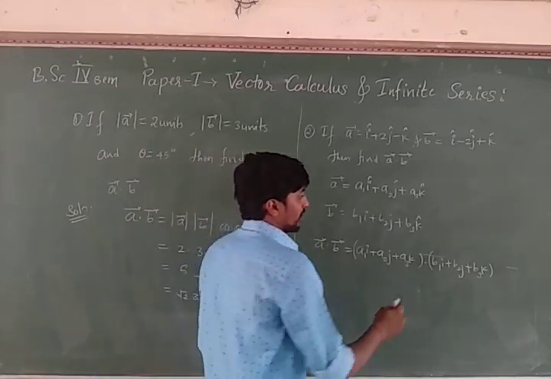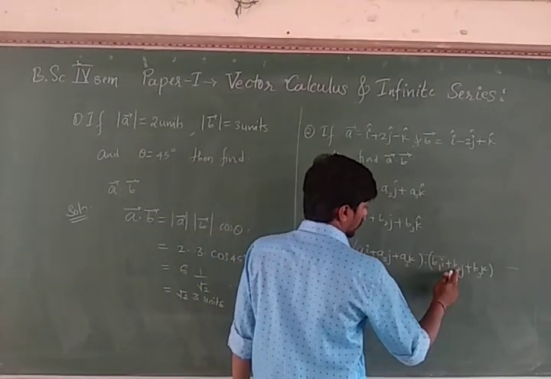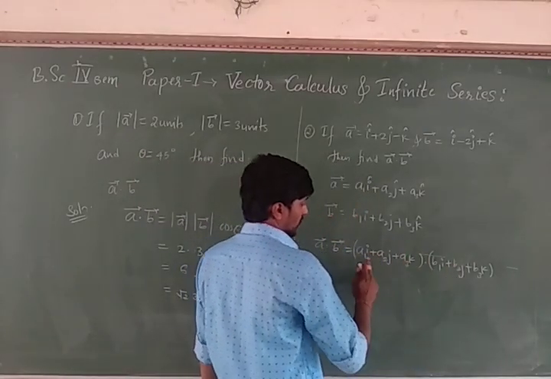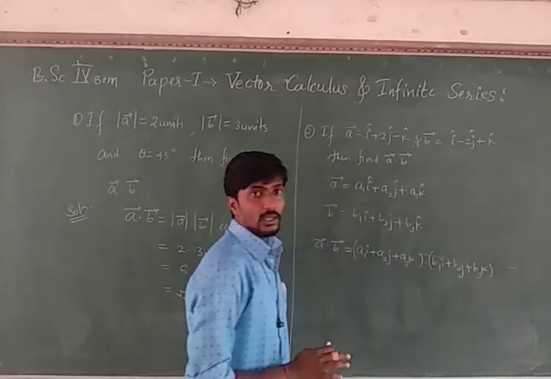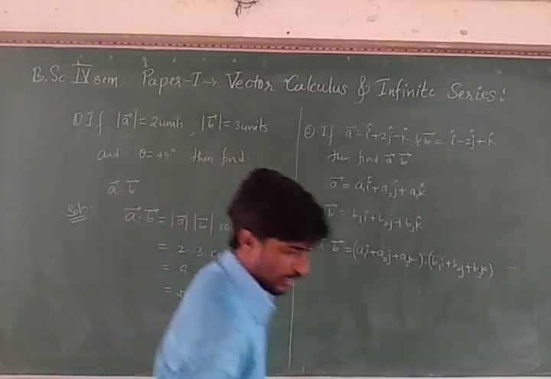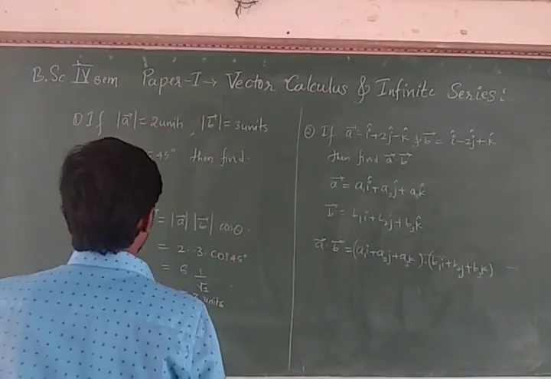Now A1 into B2, i dot j. Next A1 into B3, then i dot k. Is that clear? But before moving to get these values,